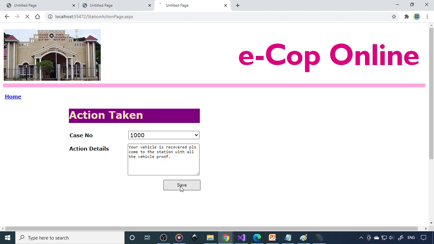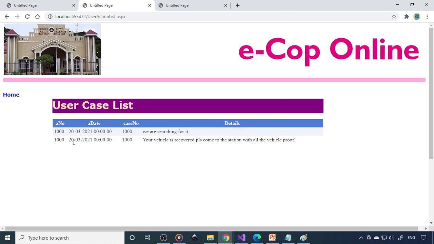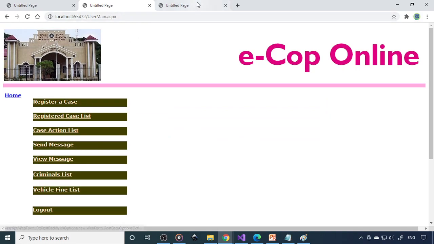Fine. So now they'll update this. So now the user will get the information. If I refresh this, now you can see that your vehicle is recovered. Everything is done online, so you can communicate with the user here.